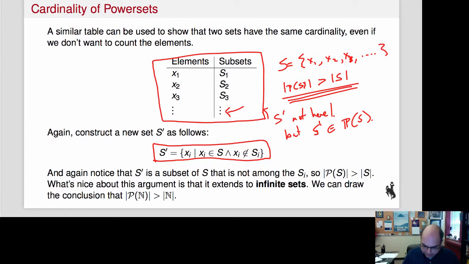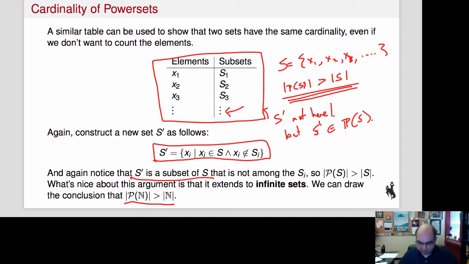So let's see. I mean, it's definitely a subset, like we said, okay? And S sub i can't be equal to S prime because x sub i belongs to one of the two sets, but not both, right? So they have to be different, right? So wow, this argument really does extend to infinite sets, and the conclusion is that the power set of, let's say, the natural numbers,